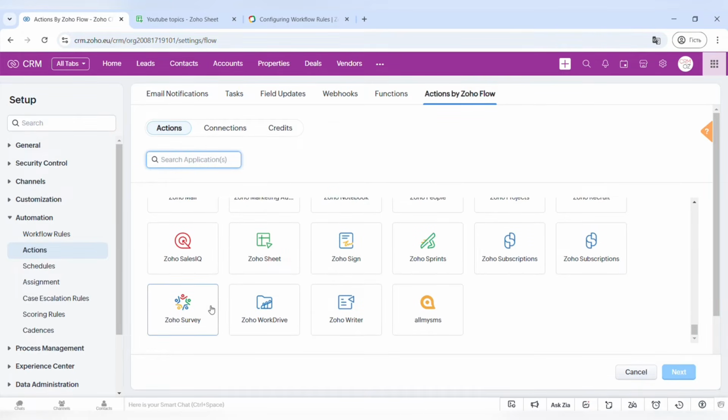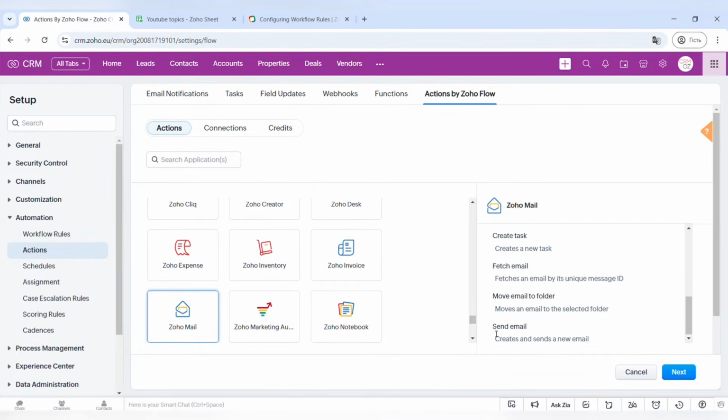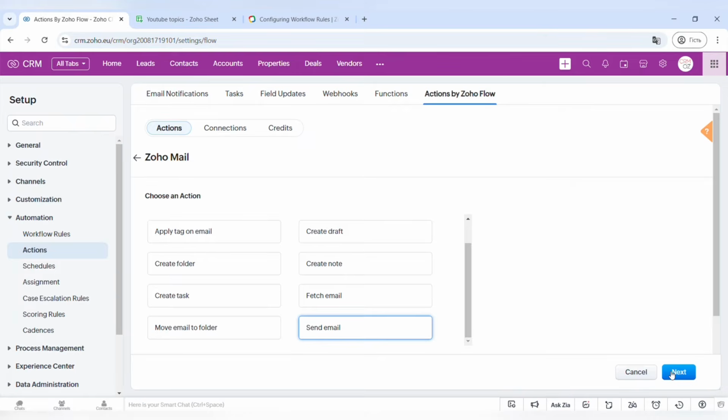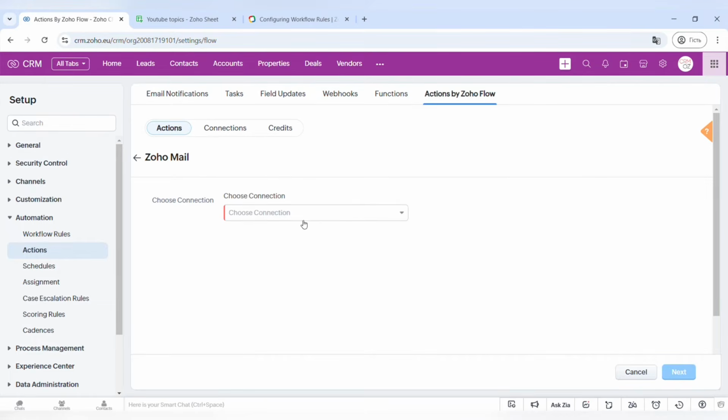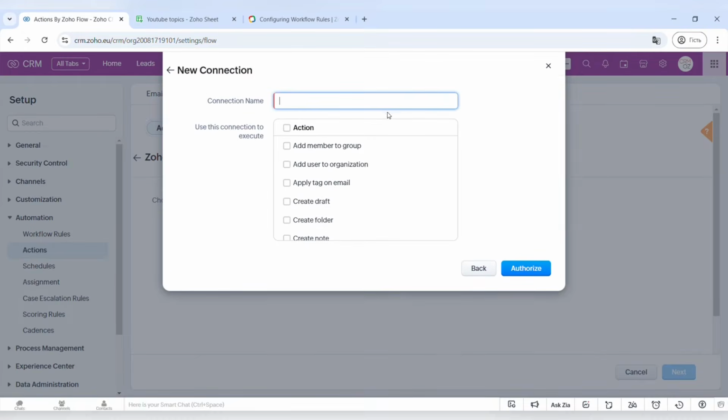It works through triggers. You can specify what starts the automation, like when a lead is added, a deal state changes, or an event is completed. Conditions: you can apply filters to ensure emails are only sent to specific segments, for example, leads interested in a particular product. And actions: you can automate sending personalized emails, updating CRM records, or notifying the team. For